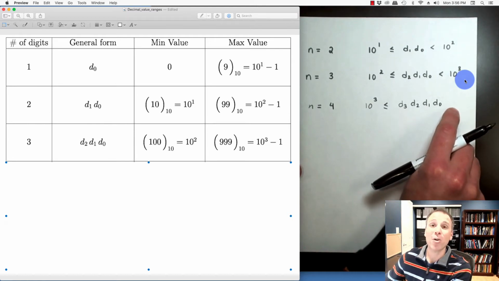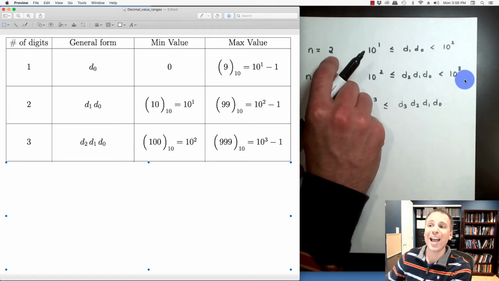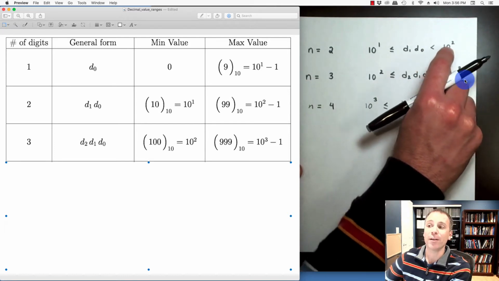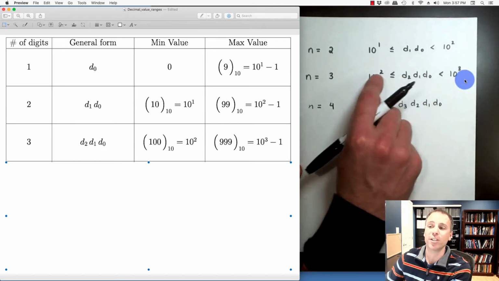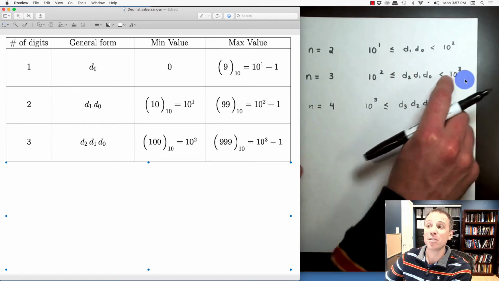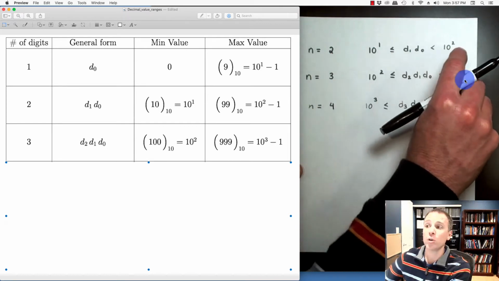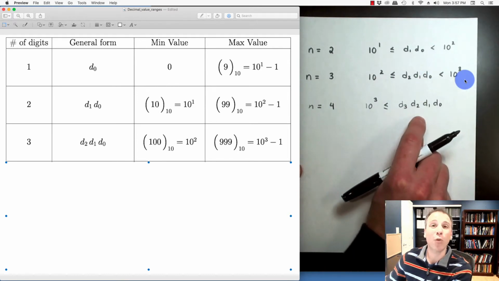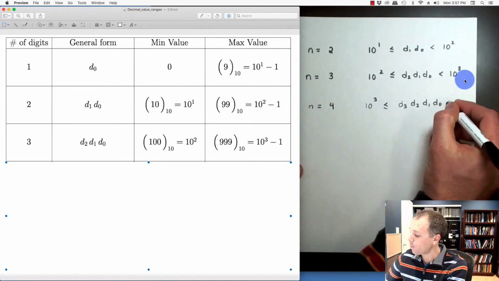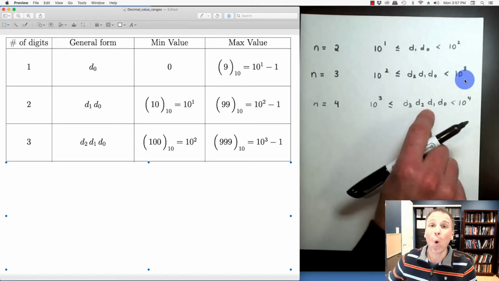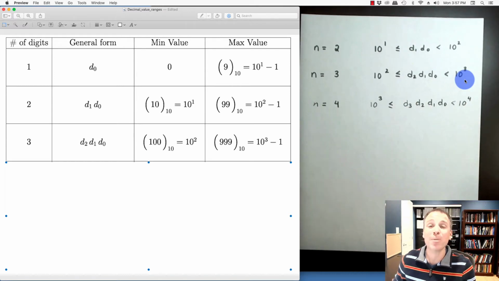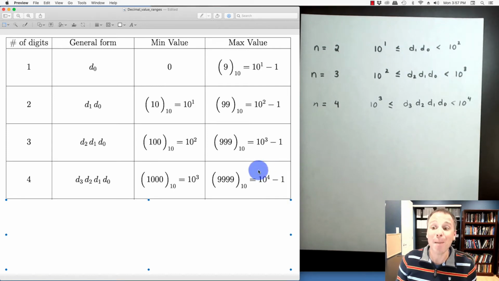How about the upper bound? What's the first number that cannot be accurately represented using only 4 decimal digits? Well, for n equals 2, that is 10 squared, because 100 actually requires 3 decimal digits. For n equals 3, that's 10 to the 3rd, because 1000 requires 4 decimal digits. So 2 goes to 2, 3 goes to 3. Could you guess what 4 goes to? Yep, you got it. This would be strictly less than 10 to the 4th. Or in human language, what's the largest number that can be represented accurately with 4 decimal digits? Well, that must be 10 to the 4th minus 1, which is 9999, or 4 nines altogether.